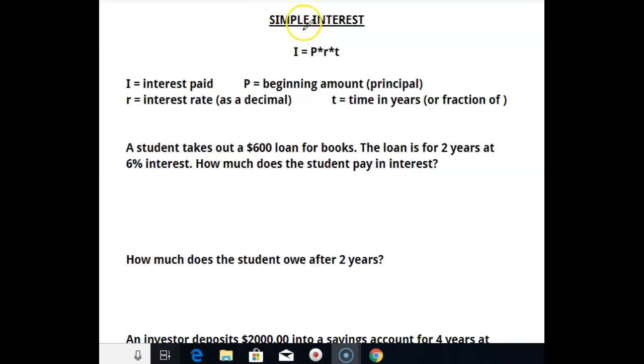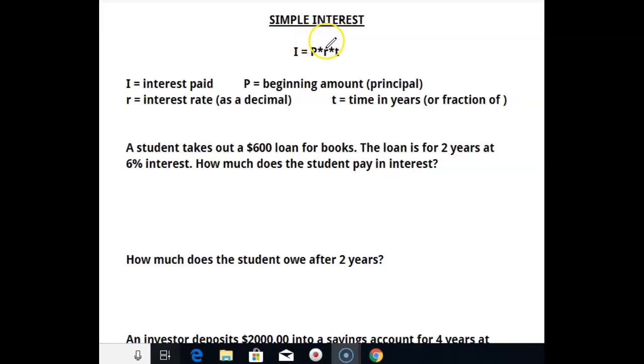The simple part of it is because the formula is really simple. I equals PRT, or P times R times T. It's very simple because it's one calculation that you're going to do. It's also simple because if I want to find the total balance, it's one extra step and it's really simple to do. So the formula says I, for interest paid, equals P, the beginning amount, or it's called the principal,